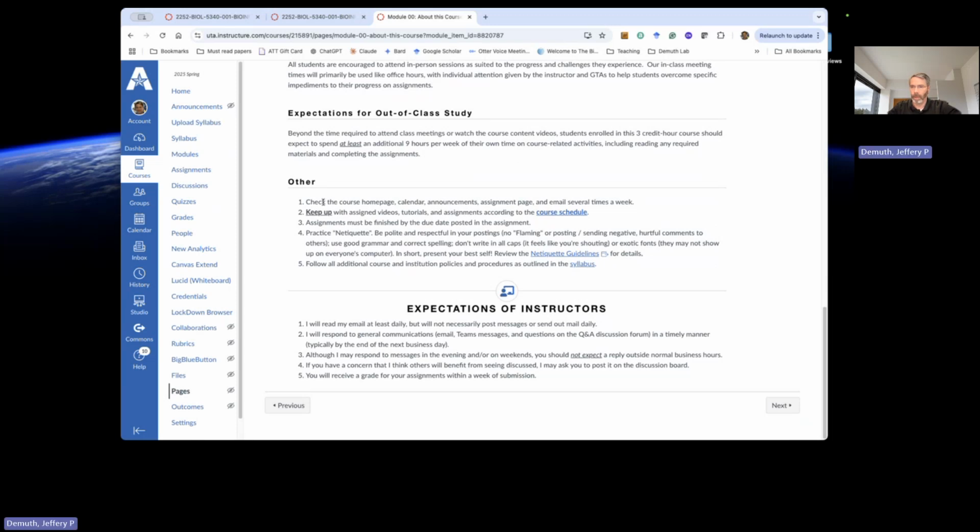Other stuff, just be checking the course homepage, the announcements, make sure you've got your notifications turned on for the course so that when I do post an announcement, because those are usually something changed about a module or a deadline that was unanticipated, you need to make sure that you're getting those announcements. And then this one's important. Keep up with the pace of the course. So I'm going to jump